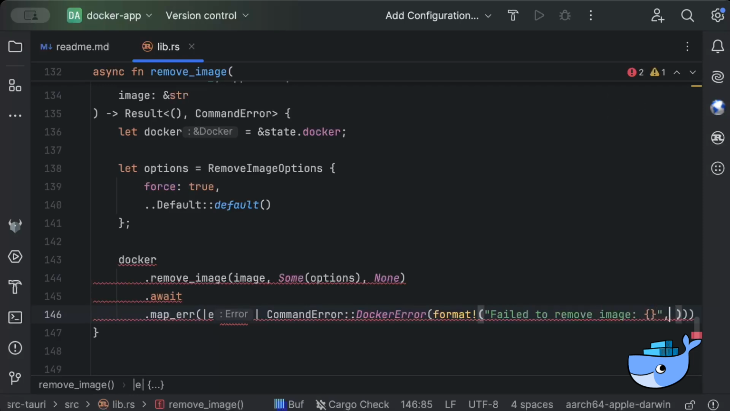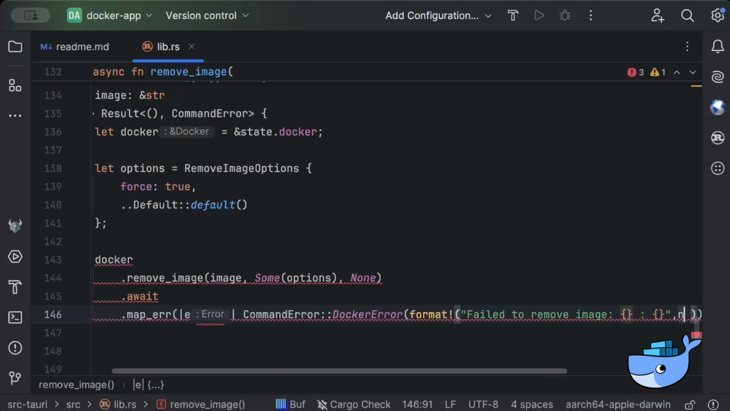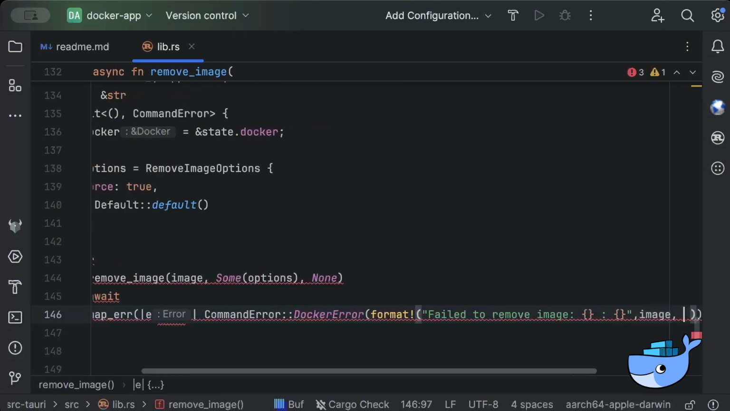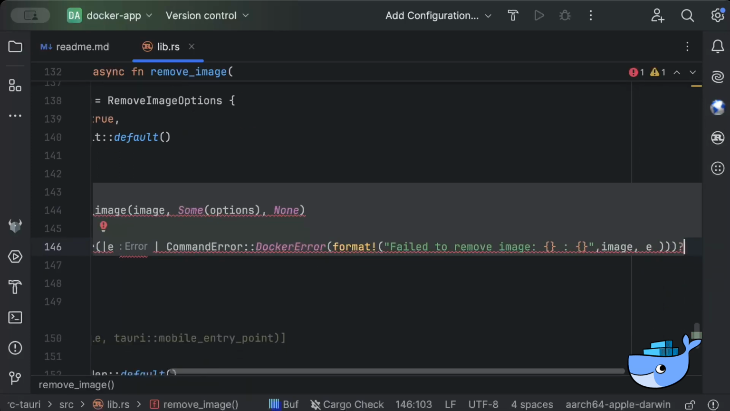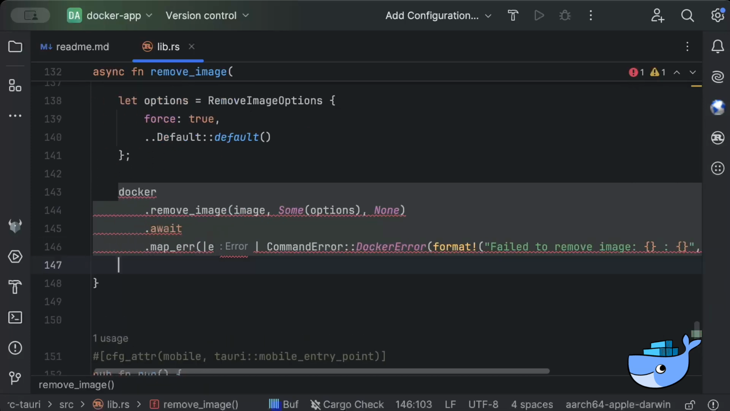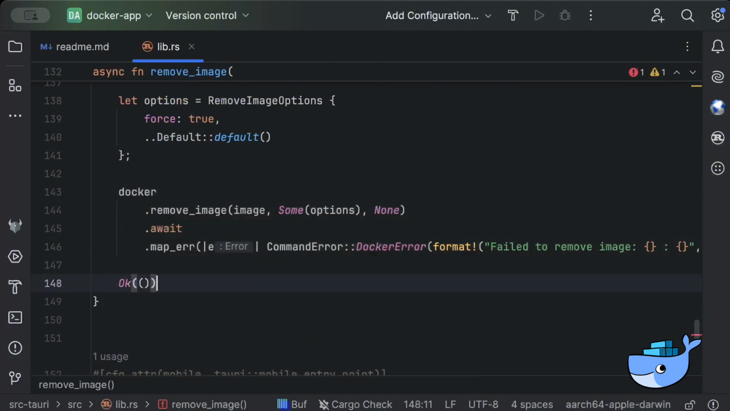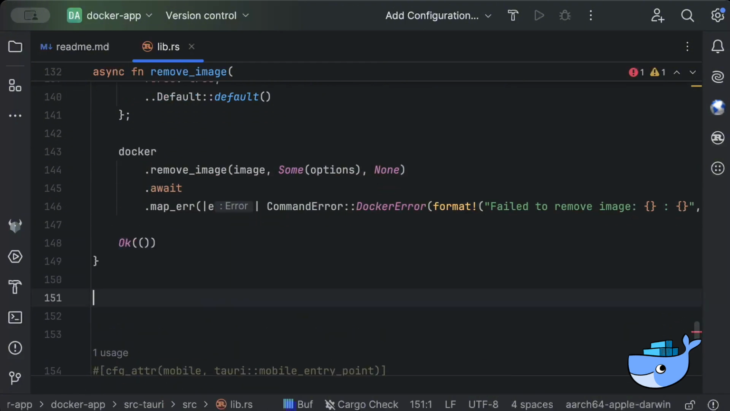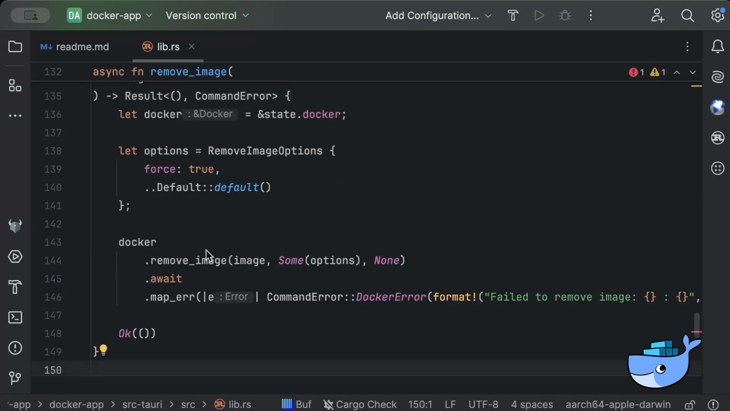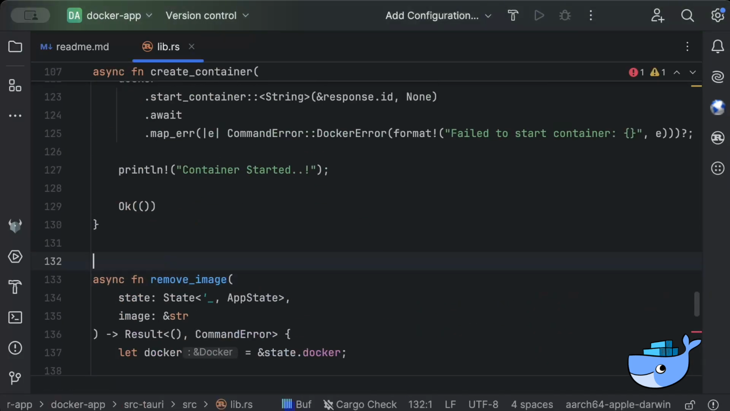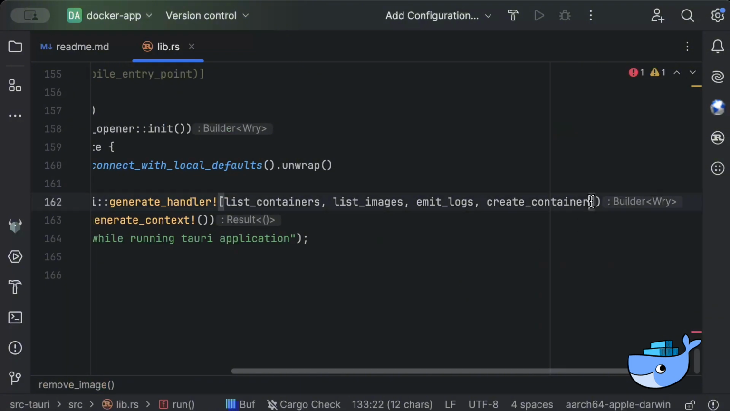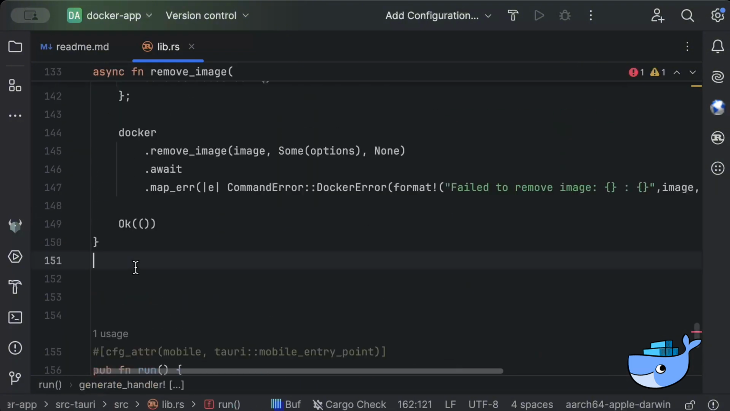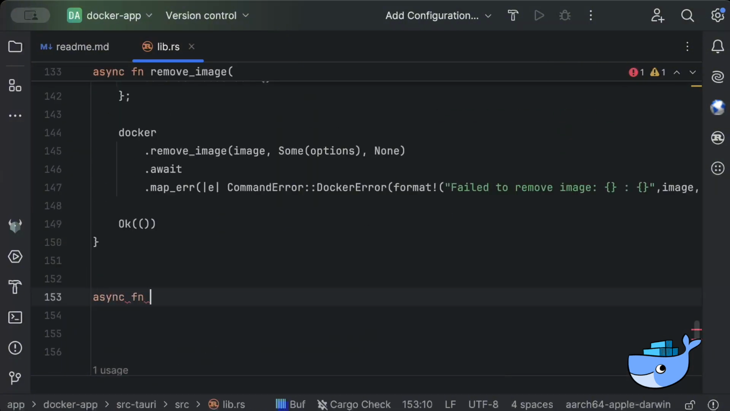So we have our image and error, and we get our Docker image removed and return Ok of unit. Now let's make this part of our commands. So add Tauri command, remove_image, and similarly now let's add stop container,